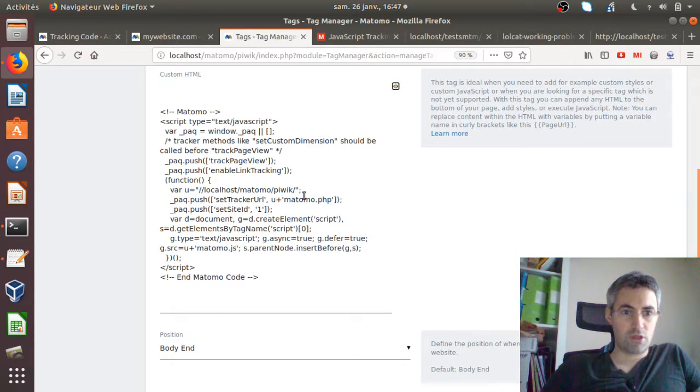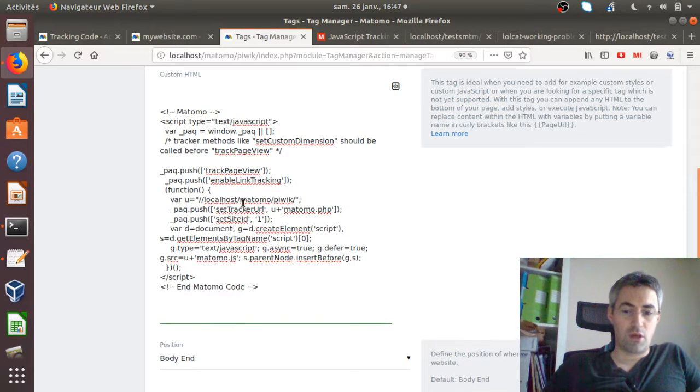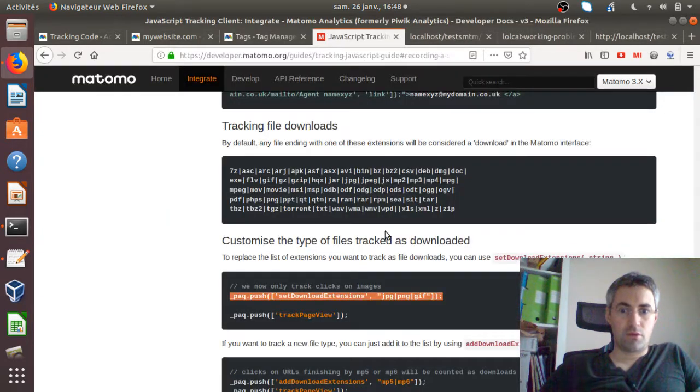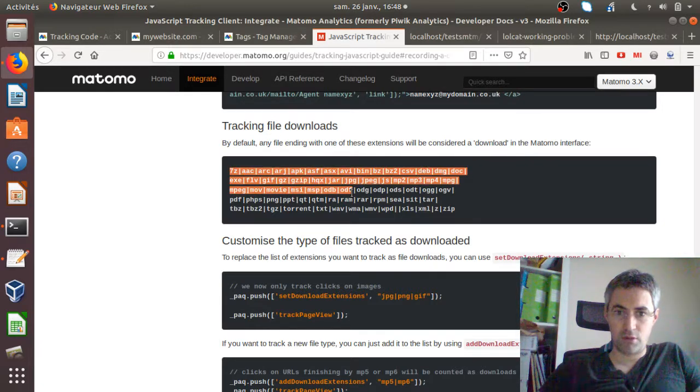And I'm going to add, just before the track page view over here, my line of code. So here I am. I still want to keep everything that Matomo is tracking. So yeah, I just have a concern. As you can see, there are two pipes which are in the documentation. I'm not very fond of seeing two pipes like this, so I'm just going to